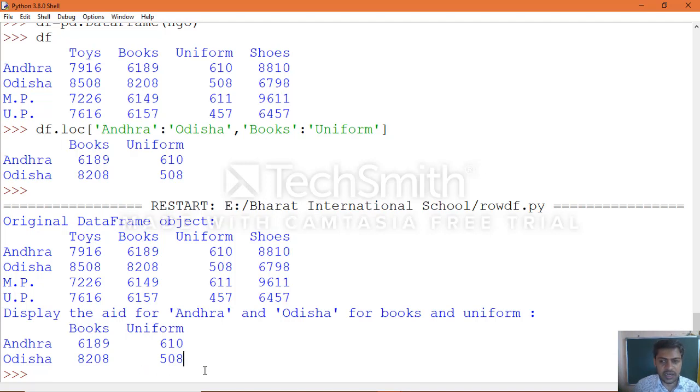You can practice these things and apply them to other examples to learn more about this concept: accessing a single row, multiple rows, selective columns, a range of columns, and a range of columns from a range of rows together.